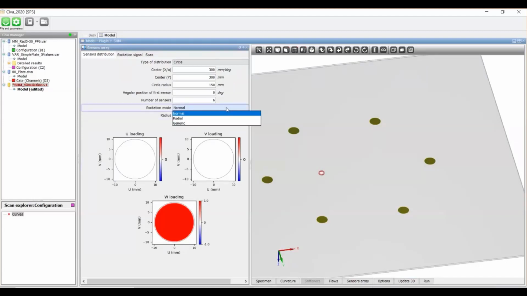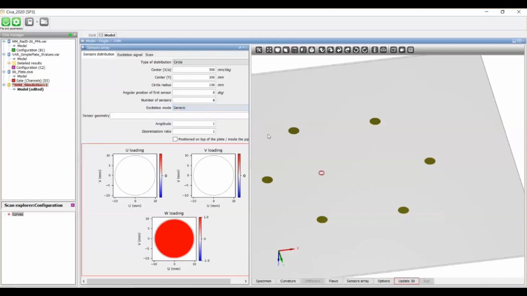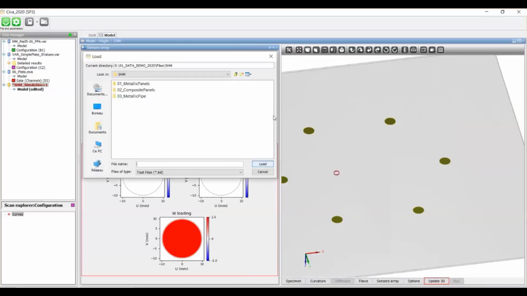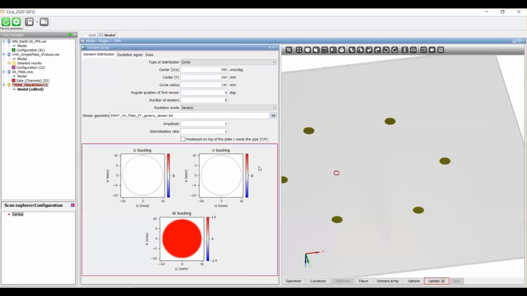Except for these two predefined loading patterns, you also have a generic one that will allow you to load a text file that includes a distribution of loading profiles, which will allow you to define a custom shape of sensors, not anymore circular, and a custom distribution of forces.